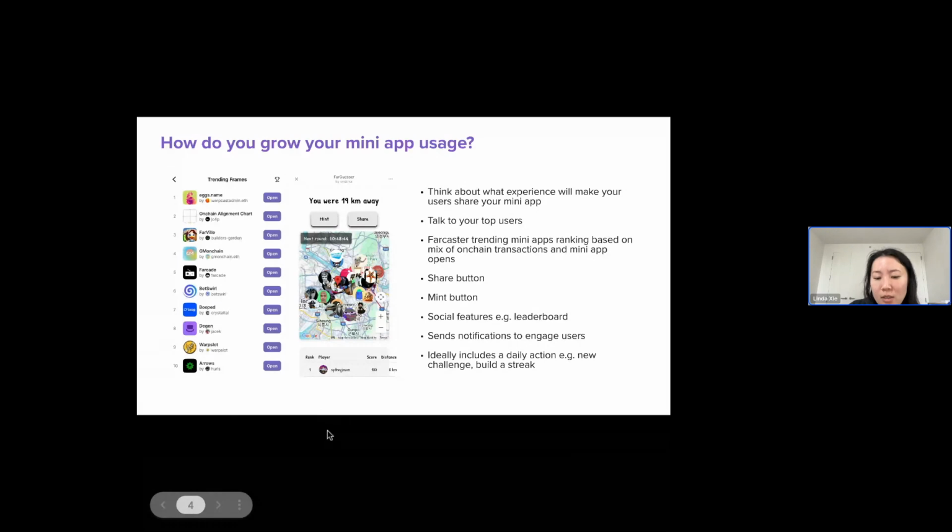And then, as I mentioned, send notifications. You can see with Mini Word, the crossword puzzle one I showed you, it had a streak where it said, oh, you had a 3-day streak where you did the crossword puzzle. People really like these kinds of things, having some interaction where they come back every day, or there's some challenge or there's a streak. Just keeping users engaged is really great. And that part's no different than building an app outside of Farcaster. But I think that making sure you are thinking about these things is valuable.